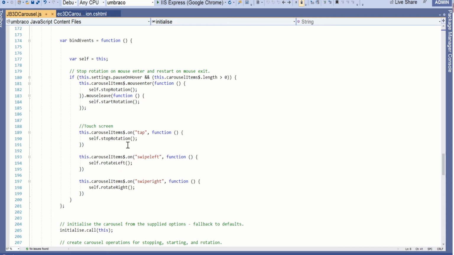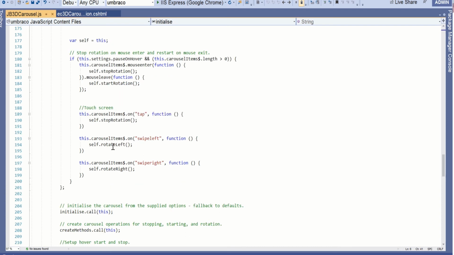That's where jQuery mobile comes in, and actually made a custom build of jQuery mobile. If you take the full library, it comes with CSS and tends to screw up the look and feel of your page. So yeah, use a custom build jQuery mobile, and I just tap into the tap and swipe left and right,